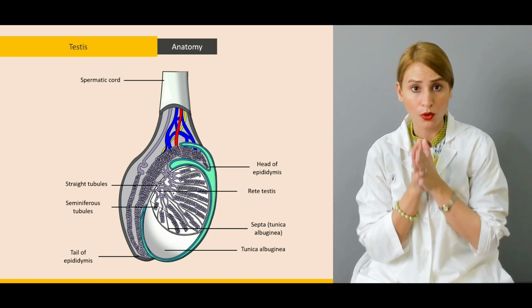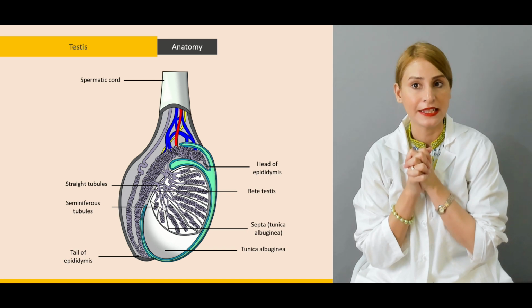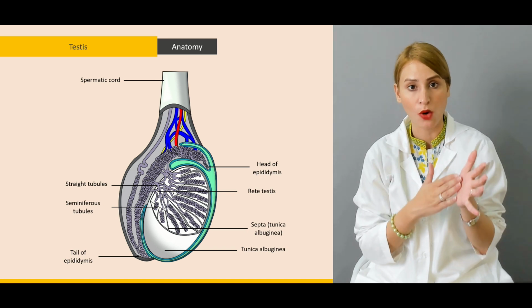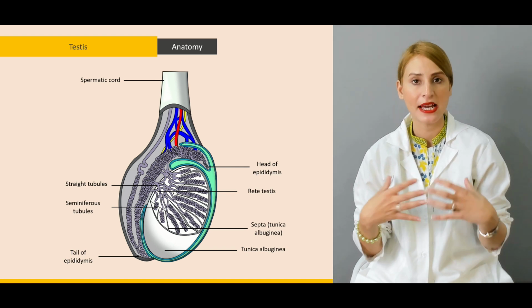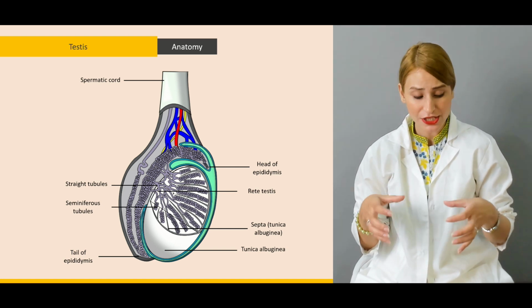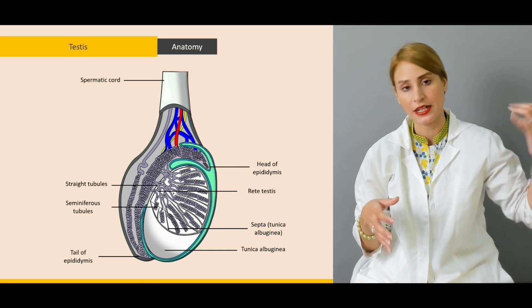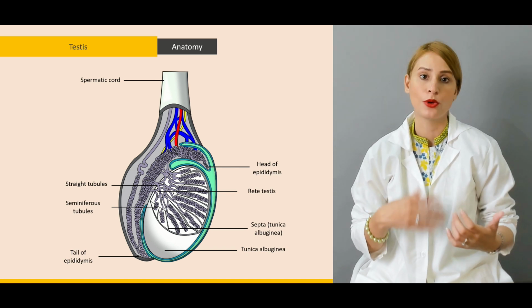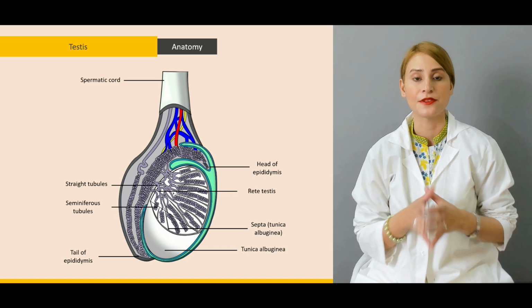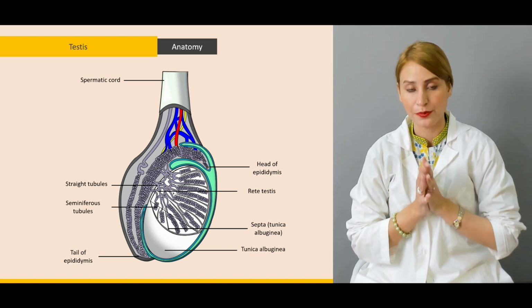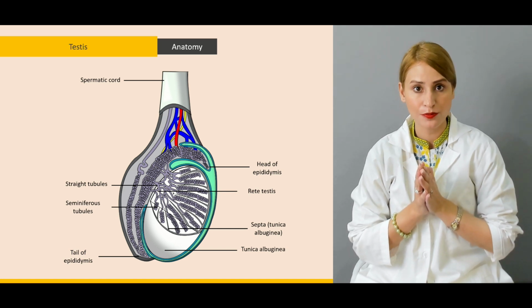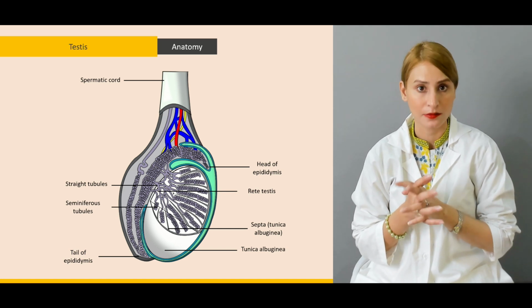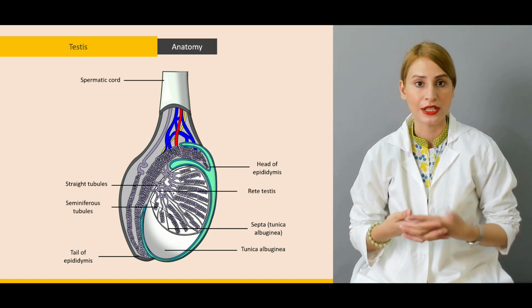Now you should always know a little bit about the anatomy of the deep inguinal ring and the superficial inguinal ring, and we know that the spermatic cord is located in the inguinal canal, starting from the deep inguinal ring or the internal inguinal ring, coming down to the external or superficial inguinal ring. Now, a very important thing is the gubernaculum, and the gubernaculum is, you can say,